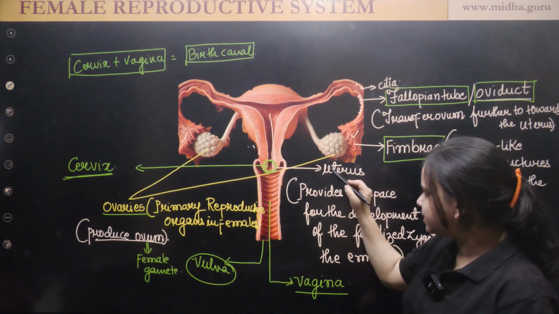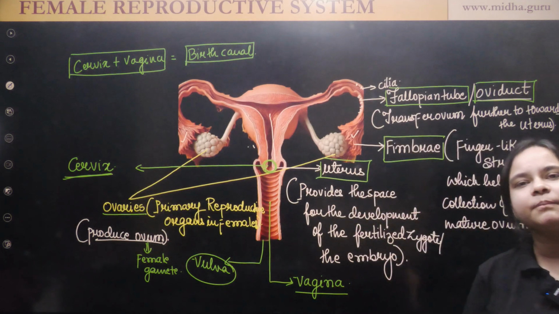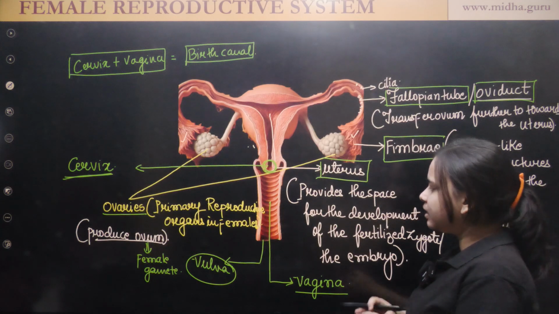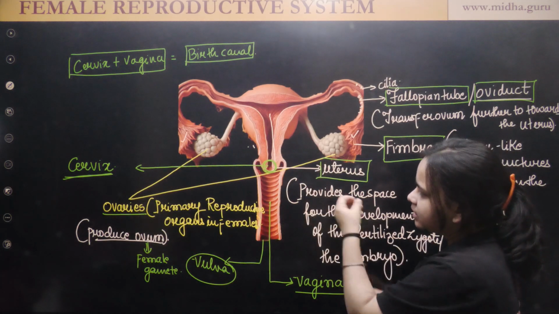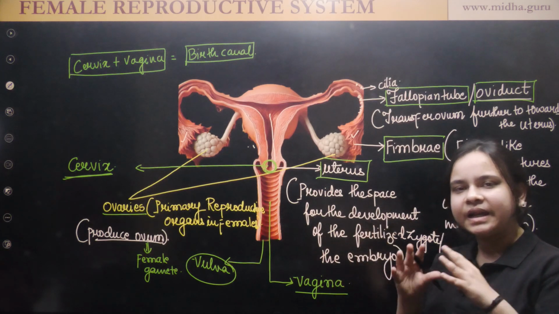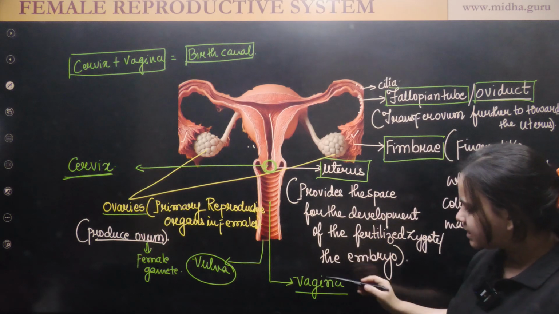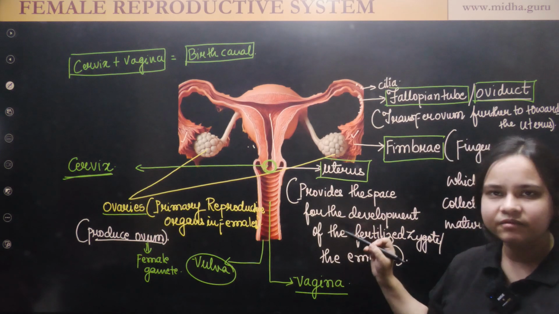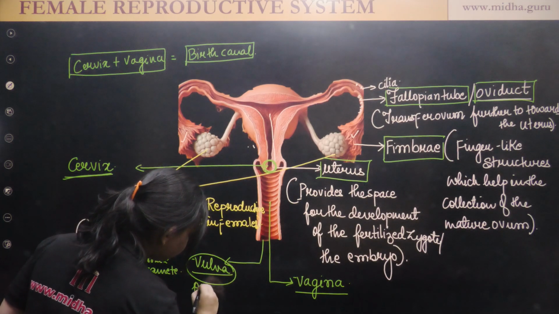Now what is the main function of the uterus? The uterus provides a space for the developing embryo. As we go along, there is a constricted narrow part, which we call the cervix. Next comes the vagina, and finally the opening. Vulva is the opening